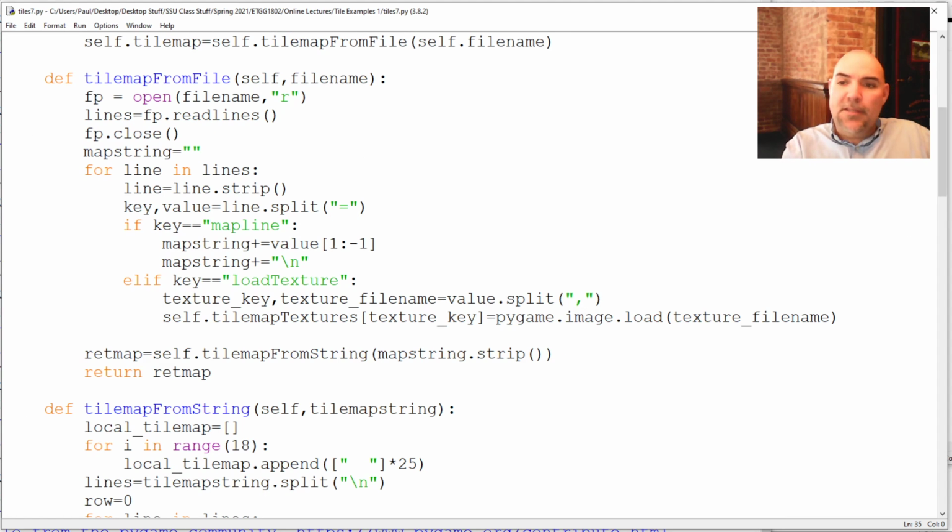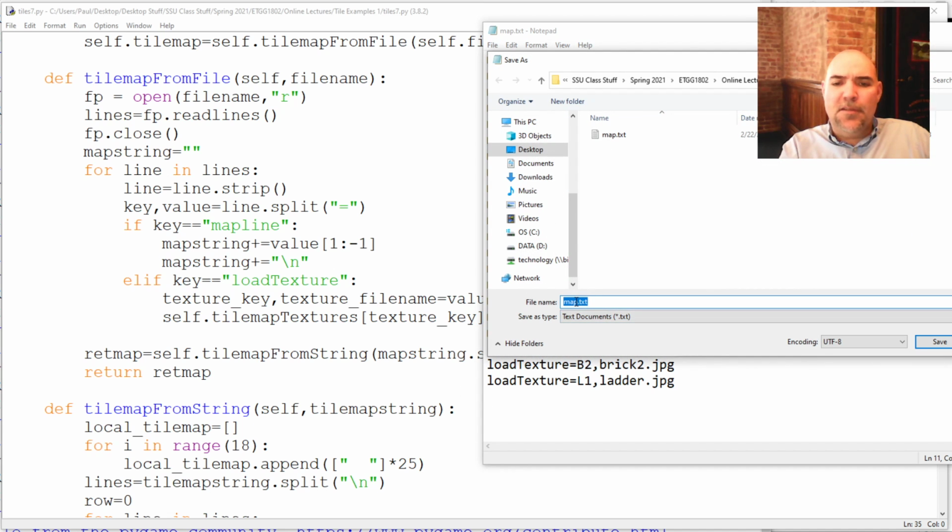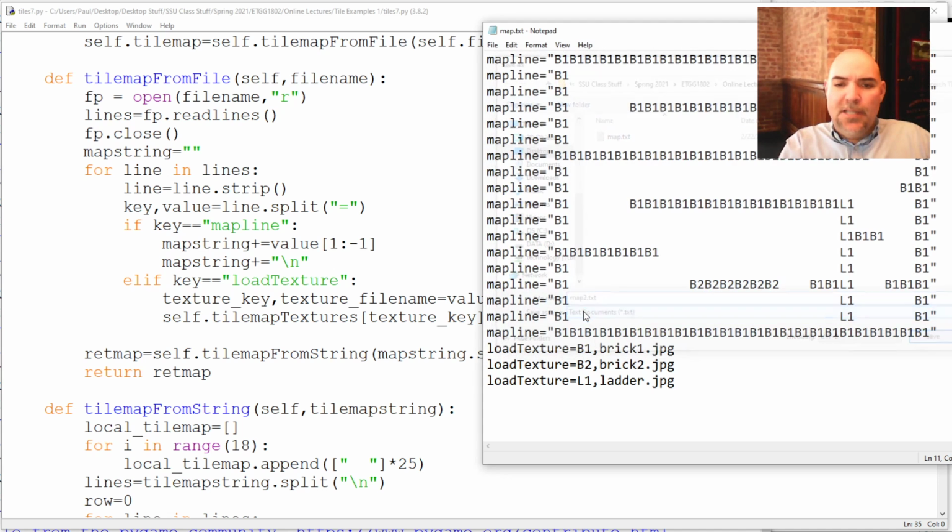Okay, so now we added the ability to load the textures from the file. And notice the cool thing about that is everything we need for a level is stored in that file. And notice if I want to load a different level, that becomes easy to do now. So I could just do a save as and save this as map2.txt. And now I could change around this level here. And instead of having B2 here, I could put B1, B1, B1, B1, B1, and let's put a ladder coming up here, maybe on top of this, L1, oops, L1,